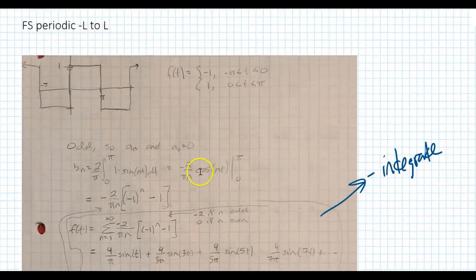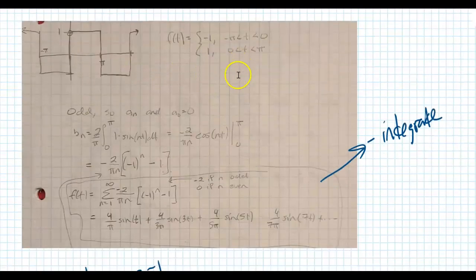Okay, in this video, I hope I can get it into one that's only 15 minutes long max. I'm going to show you how to do a Fourier series on a different interval. Instead of just negative pi to pi, we're going to go negative L to L, L for length. But before we do that, you should have done this problem right here, done this Fourier series right here, and